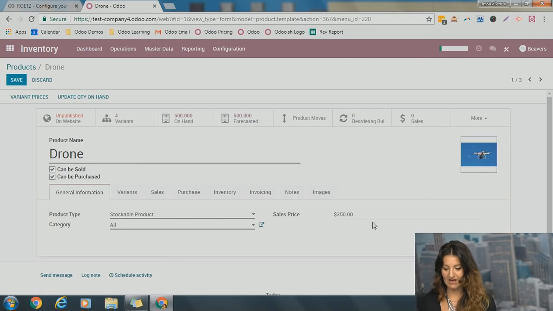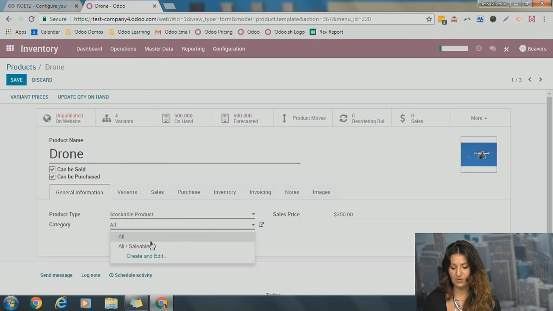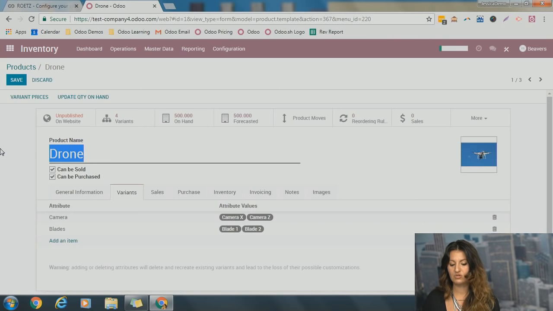So I have pre-configured some of those, and drone is a stockable product. I went ahead and added that we have 500 on hand. I created the sales price, and you can also add multiple categories here. Okay, but one thing that I want to point out is Odoo is very capable of managing variants,